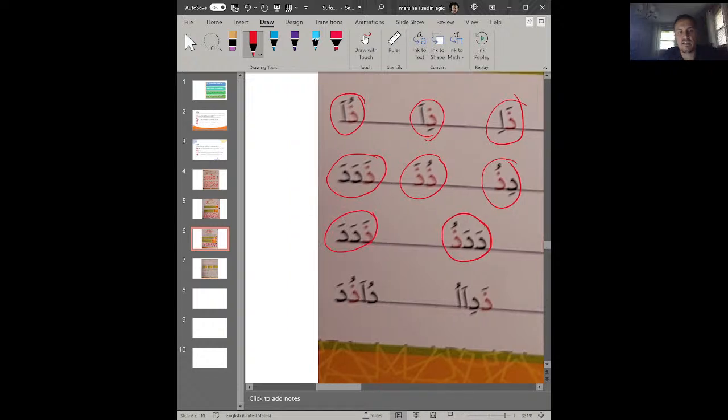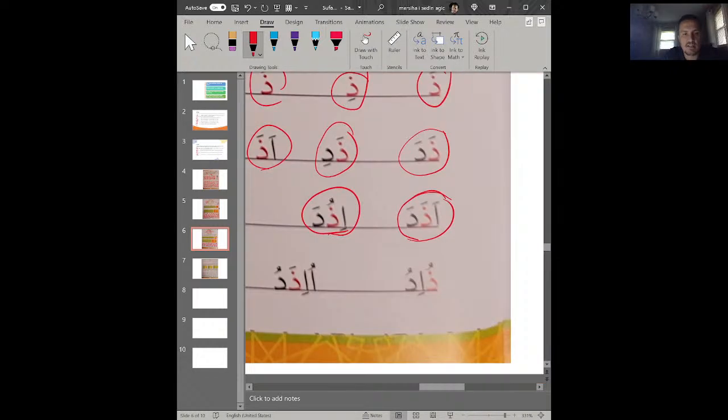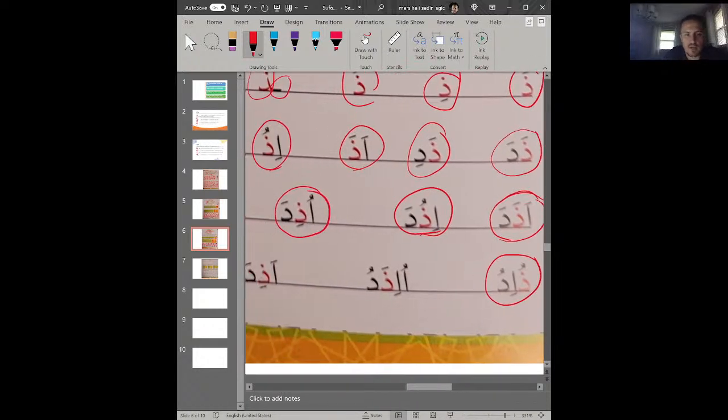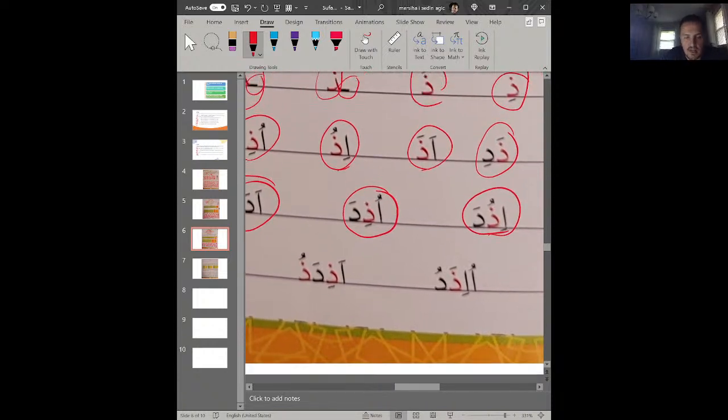And then now the last line, the 4th. Zuidu. See, zuidu. Now we have 4 letters together. We have 2 alifs. We have dhaal, which is the red color, and then daal, the last one, is daal. So daal, dhaal, alif, alif. So how do we say this one? Damma, kasra, fatha, damma. So uizadu, uizadu,